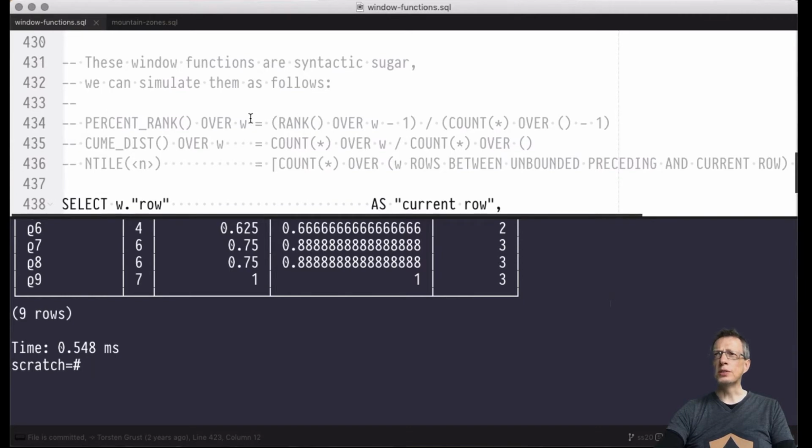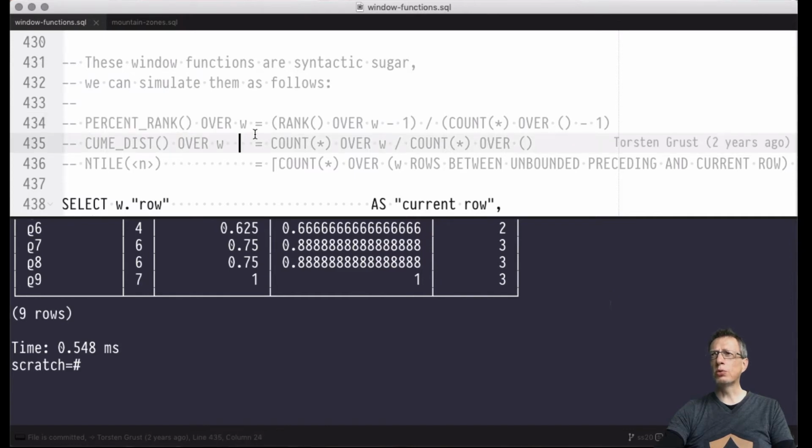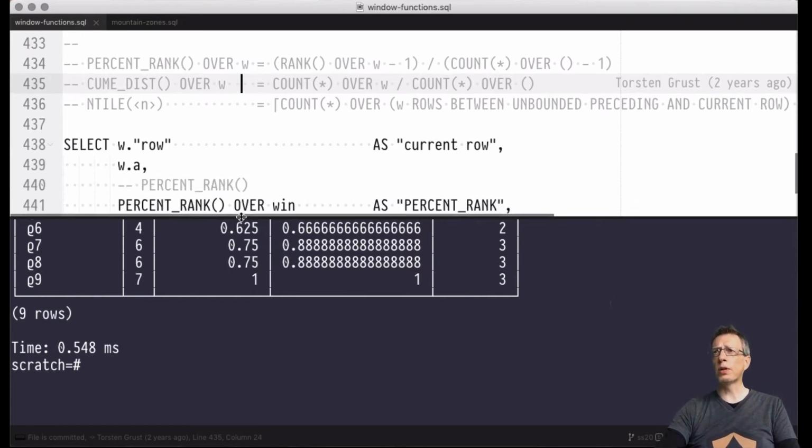So this is a hint at how these functions over given windows could be expressed equally well by these functions that we've already seen. So indeed, these are syntactic sugar, but they are quite useful and powerful and convenient syntactic sugar,